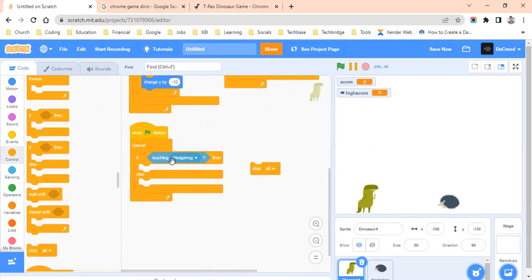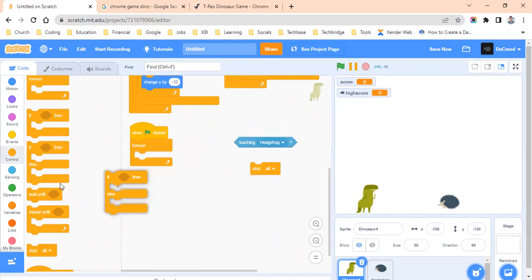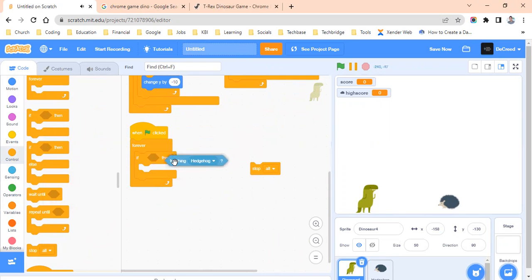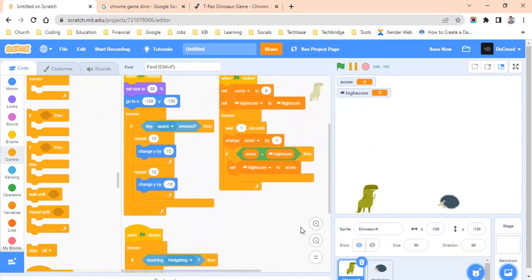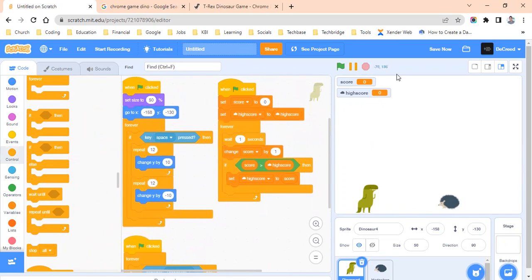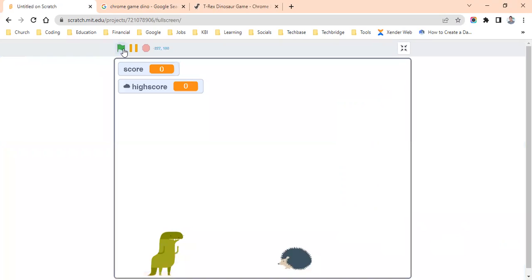Okay, I think I don't need the else. I wanted to do something before, but I just thought, oh yeah, let's make it simple. So if it's touching the hedgehog, let's just stop everything. So let's see now. Let's start the game and see. When green flag is clicked,